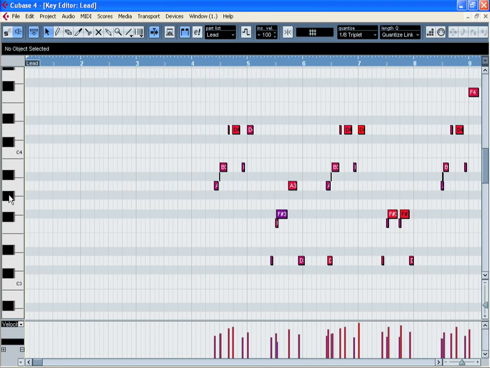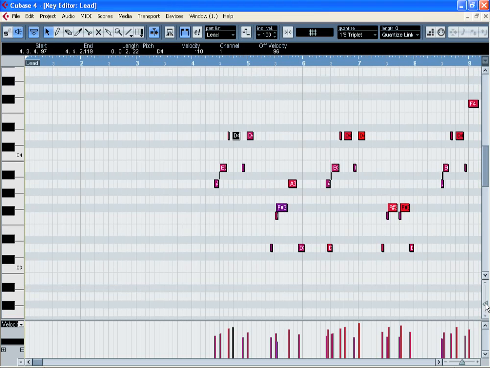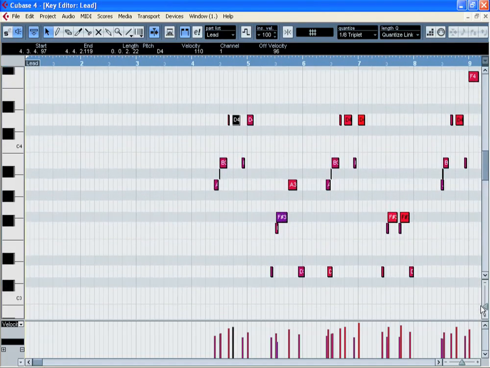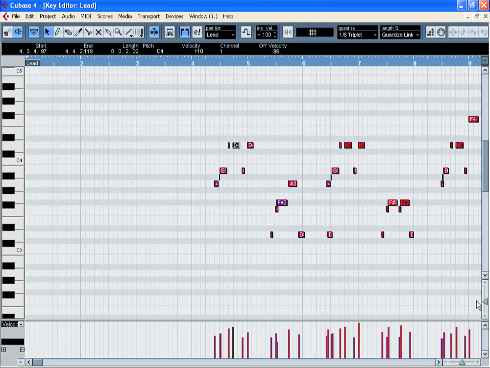Here you can see a piano keyboard on the vertical axis and bars and beats on the horizontal axis. You can see notes presented as red blocks, each of which denotes a pitch and a duration. If you click on a note, it plays back. You must make sure that the acoustic feedback button is turned on, otherwise when you click on a note, you won't hear it. Use the horizontal and vertical zoom controls to change the scale factor and how big the blocks of data are